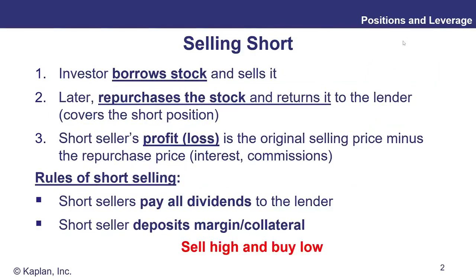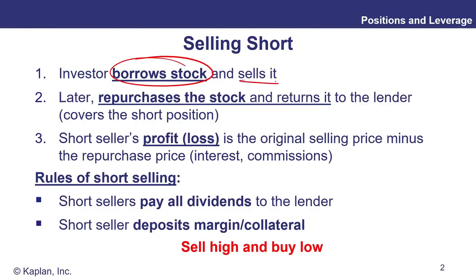Okay, just going back to selling short, it's a common question. How can we sell something we don't own? Well, if you think that an asset value is likely to decrease, there's not much point in buying it because your selling price in the future will be lower than that. Instead, you need to sell it. And you don't own it yet, so we need to borrow it from somebody else. So you borrow the asset from another party who owns the stock, and you promise to return that asset to them later.